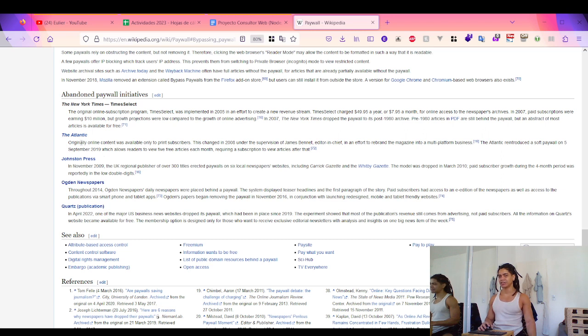The Atlantic's original online content was available only to print subscribers. The Atlantic reintroduced a soft paywall on 5 September 2019, which allowed readers to view 5 free articles each month, requiring a subscription to view articles after that. Johnstown Press, Ogden Newspapers, Quartz publication.